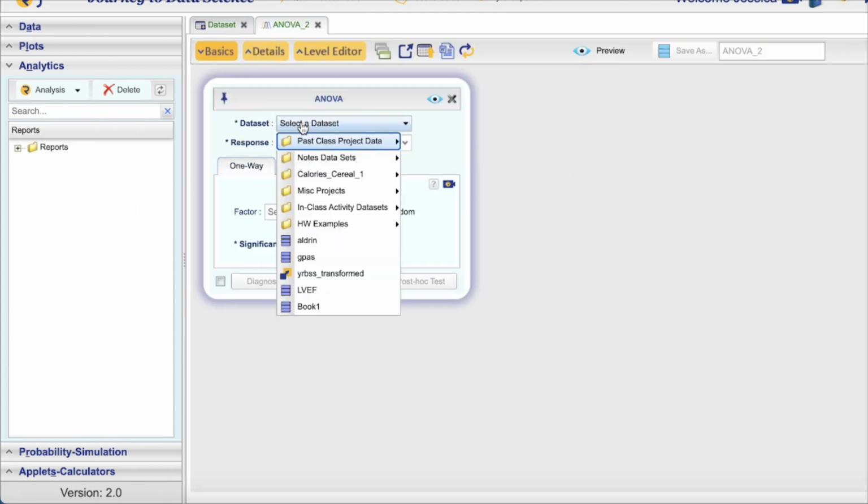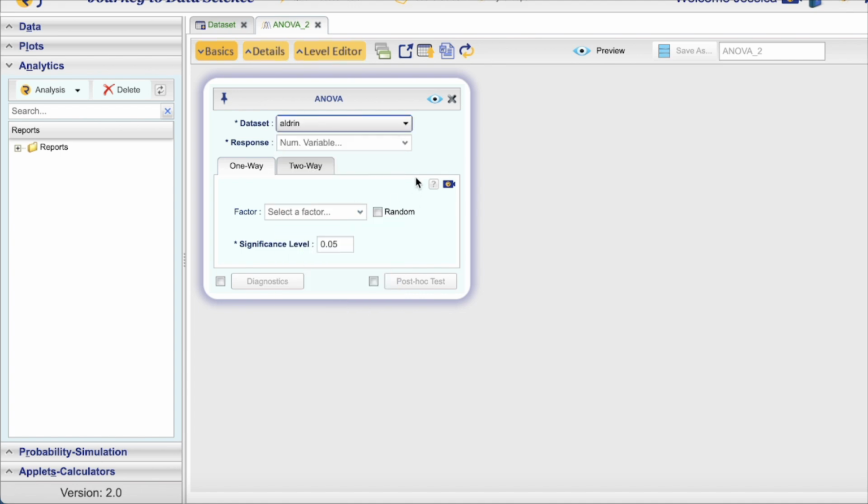We'll choose our data set, which is Aldrin. Our response is the Aldrin concentration, and it's by depth. And we'll leave our significance. So I want to look at the diagnostics. This is going to help us verify whether or not we meet conditions. And I also want to look at post hoc test. This is what happens after you conduct an ANOVA in which you do reject the null. So I'm choosing this because I know that I'm rejecting the null, but you can come back and select this